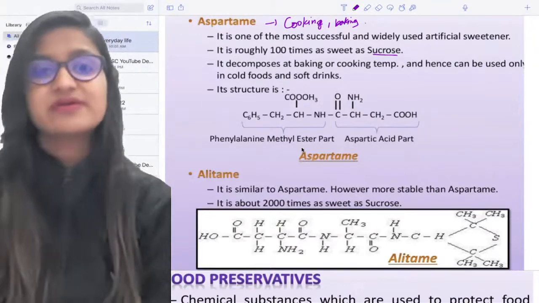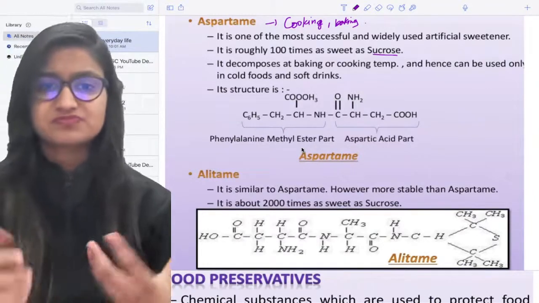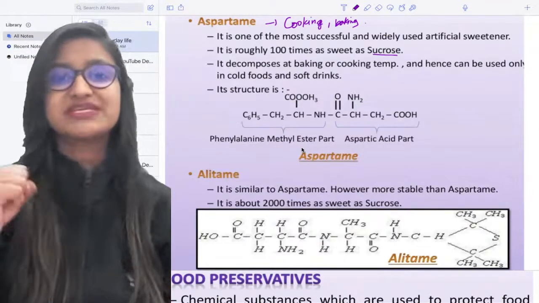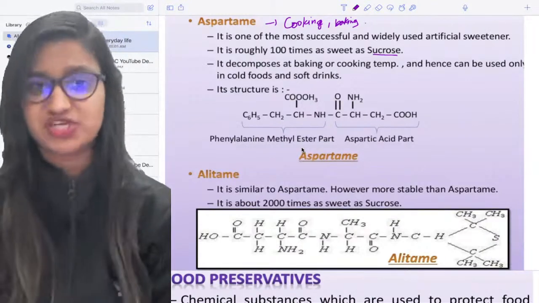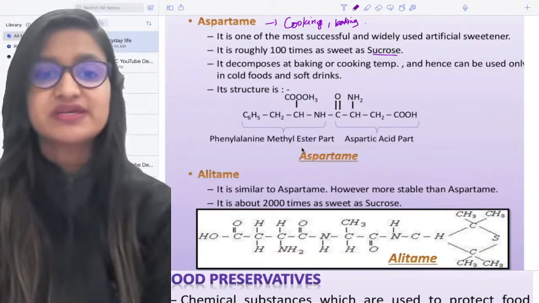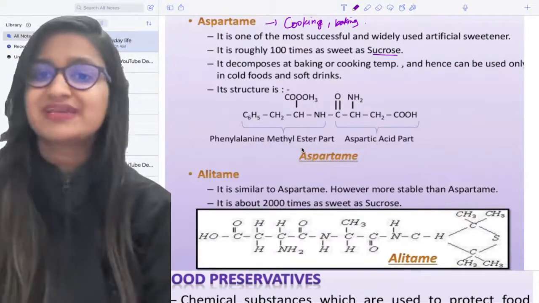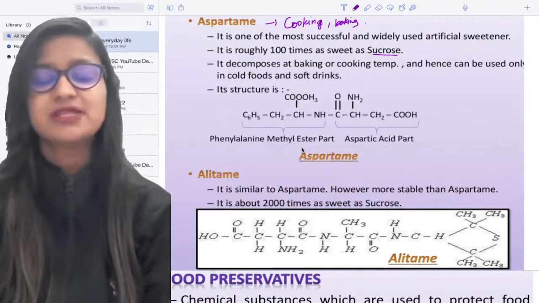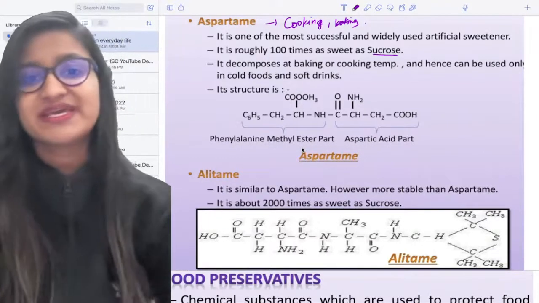Because at higher temperatures it decomposes, टूट जाता है, जिससे कि उसकी मिठास कम हो जाती है. So it decomposes at baking or cooking temperature, and hence can be used only in cold foods and soft drinks. ठीक है,